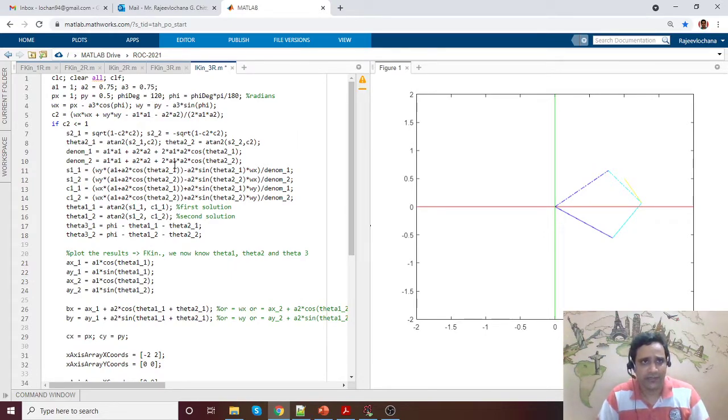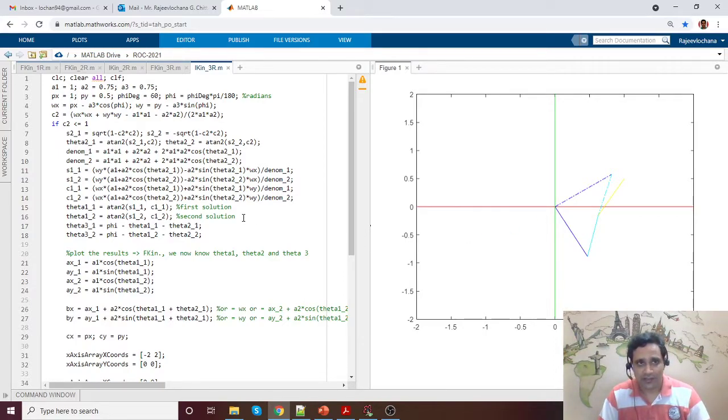And instead of 120, maybe I'll make it 60. Let's see, 60 degrees. Okay, so we wanted this point to be reached, that is inclined at 60 degrees. So this is the W point, and for the W point we have two solutions, dash solution and solid line solution. Obviously you don't see dotted line for yellow because one is overlapping the other. That is why it doesn't really matter what you have said there.